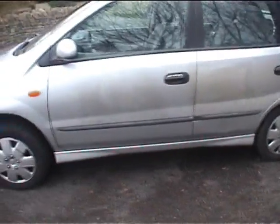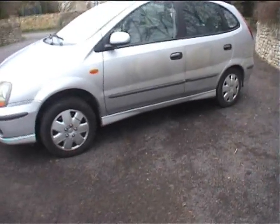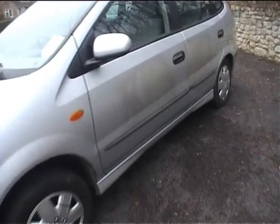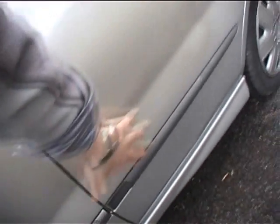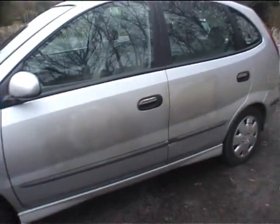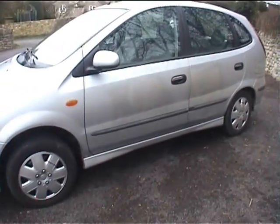There is some bodywork damage to this side, and I don't know what's actually happened, but the rest of the car is absolutely perfectly straight and true. Just these two door panels here which have been painted. Looks like it's either had some sort of square plastic sign writing on it, and somebody's pulled it off and lifted the lacquer, but it certainly doesn't show up too bad. But if you've got a friend in the bodywork trade who can do that, it would basically improve the